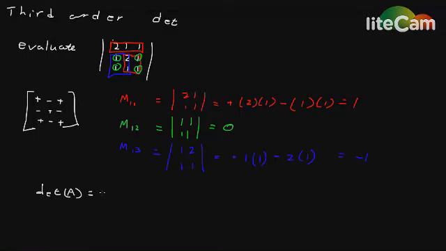So it's going to be positive M11, then we're going to have minus M12, plus